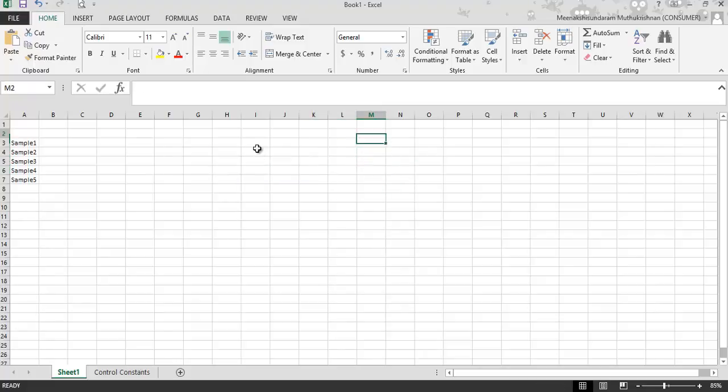For the definitions and how it is calculated, you can look into different websites. The purpose of this video is to understand how and when we are going to use this Xbar R chart. For this case, I'm going to take an assumption that there is a company which is